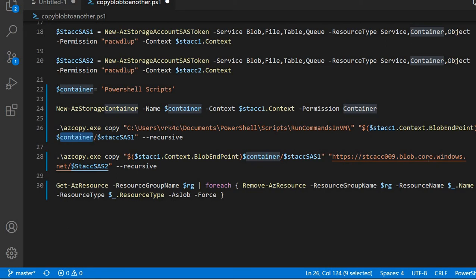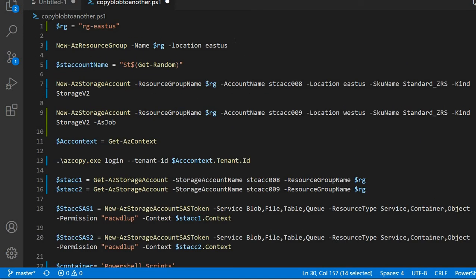There is another way to give the storage account. If you see, I use the storage blob endpoint, which is the same way, where what changes here is the storage name. Instead of using this blob endpoint, you can write the storage account name as a variable, instead of hard coding it. That works too, and I'm just using recursive. After that, I'm deleting all the resources. I'm getting all the resource details and passing them in a foreach, where I'm passing it as a job. It's one of the fastest ways to delete resources, rather than deleting them one by one.